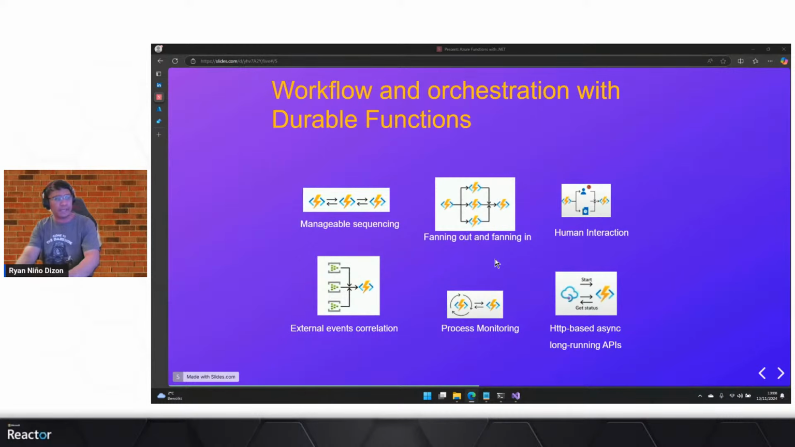You can also have this fanning out and fanning in workflow. You can also have this human interaction and other workflows here. You can check this from the official documentation. And yeah,